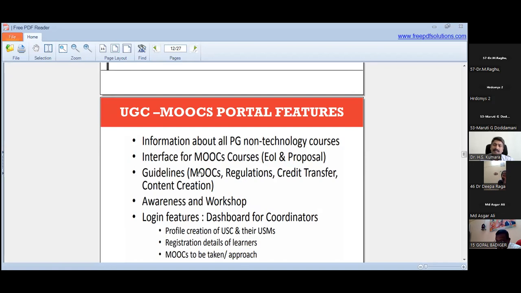So based on the requirement, the concerned national coordinator will discuss, then finalize, and through the national coordinator they will receive the expression of interest. They will give the expression of interest call for the particular subject for the development of the MOOC courses. Probably at that time, each faculty needs to be involved in developing the MOOC course. Otherwise, probably you can submit the proposal throughout the year. There is no last date for submitting the MOOC proposal. The only thing is you should prepare which subject you are going to develop the MOOC courses for. Then also we need to take some kind of approval from the competent authority.